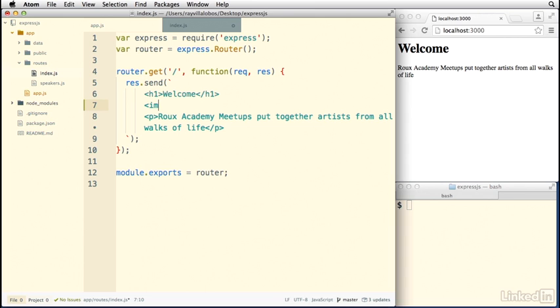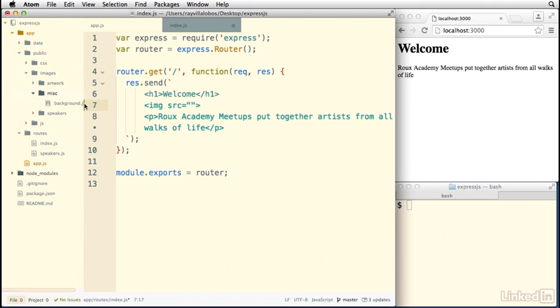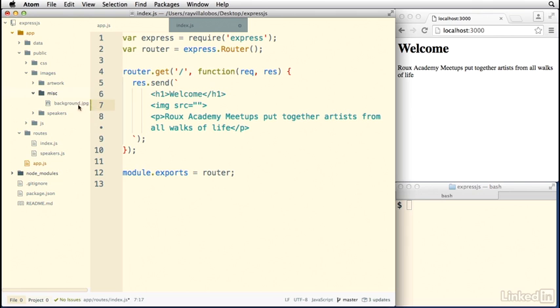So this is just regular HTML. I can do img src, and in here I can refer to a file. So I've got this public folder, it's got an images folder, and the public folder would be the root. And in the images folder, I have a miscellaneous folder with a background file called background.jpg. So I can type all that in here, images, and then misc, and then